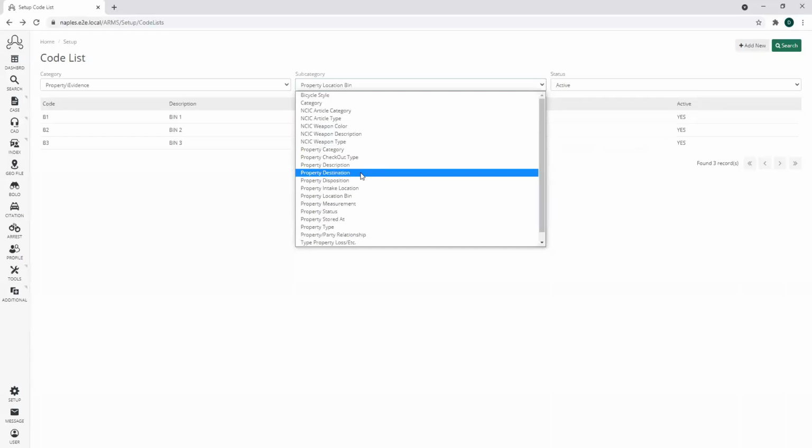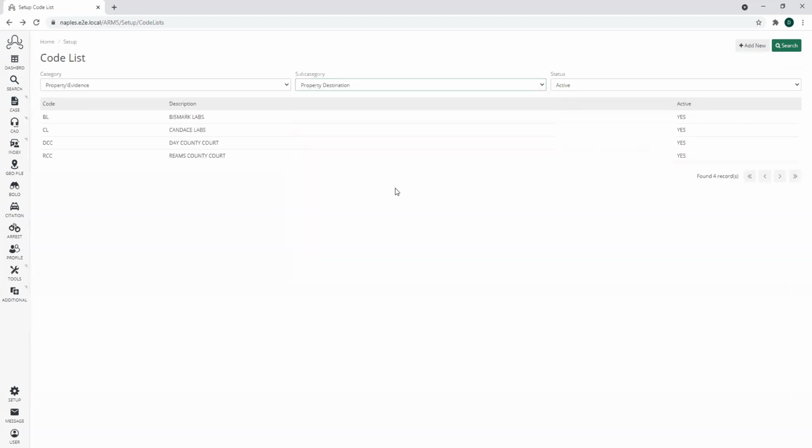So if an officer has drug equipment from a case, they put it in the intake location. The property clerk goes and grabs that drug equipment and puts it into the property room, maybe in location bin 2. Then property destination is if your department needs to check that property out to a location. So they check it out to maybe labs to get tested or to a court for a trial or something